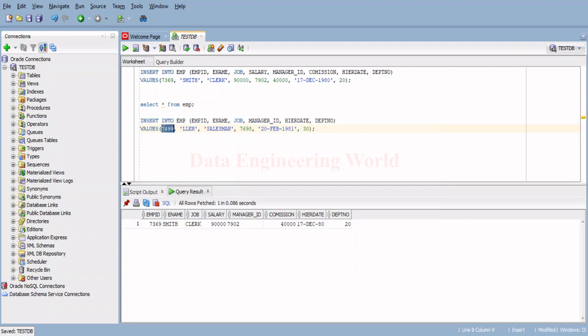For employee ID, it is 7499. For employee name, it is Allen. For the job, it's salesman. Manager ID is 7698. Hire date is 25th February 1981, and the department number is 30. Please notice here the number of columns we have defined here are 6, and the values we have given here are also 6. Okay,